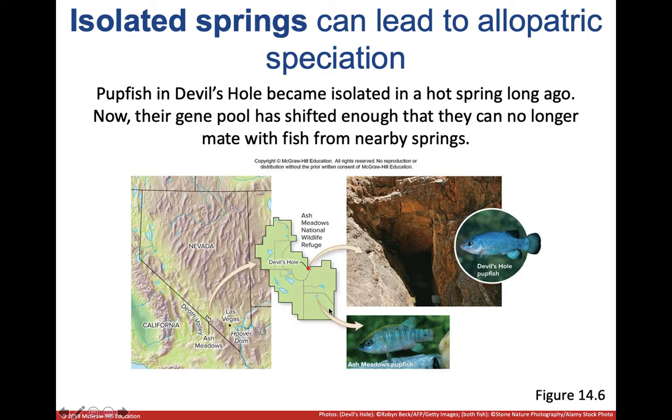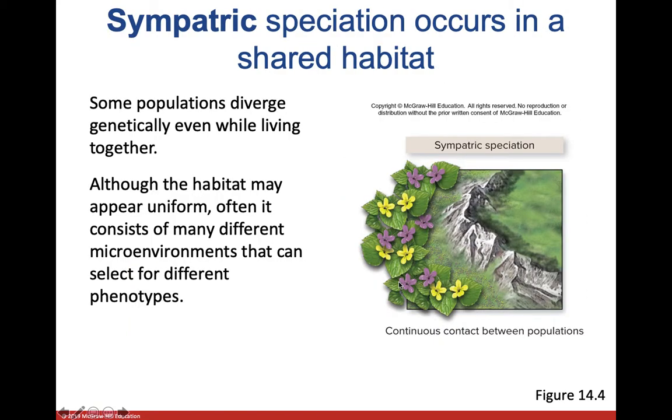They were no longer able to come in contact with different fish in the little populations of streams nearby. At one point in time they could reproduce with one another, but now they can't get out of their original springs, so they have started to evolve separately in their own hot springs. And they can no longer mate with the fish nearby them, even though at one point in time they were the same species. Now, another form of speciation occurs when organisms are not separated by a physical barrier,